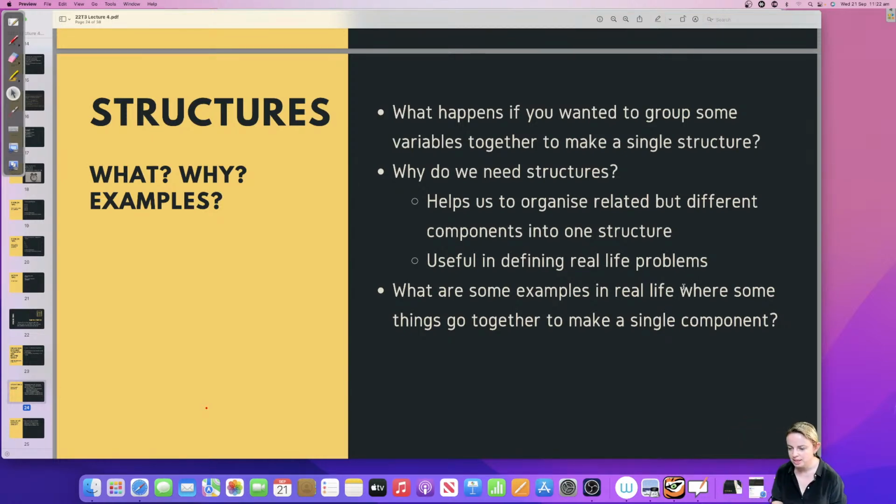Student gender and ID, yep. Books in the library, yeah, they might have a title, they might have the code. A human might have an age, a weight, I don't know, color, hair, height. Crust and filling make a pie. Oh, I like that one. Yeah, you might have, yes, fantastic.